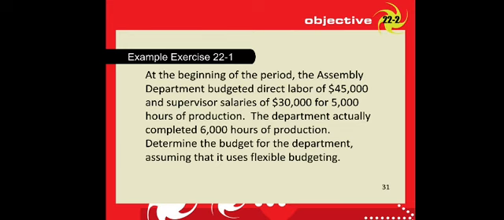Okay, this is an example, but this is very simple, just to show the difference about the flexible cost. So at the beginning of the period, the assembly department budgeted direct labor cost of 45,000, supervisor salaries 30,000 for 5,000 hours of production. The department actually completed 6,000 hours of production. Determine the budget for the department assuming that it uses flexible budget. So let's see,